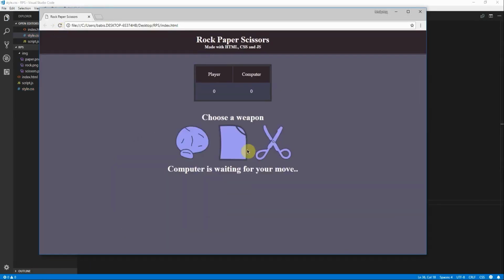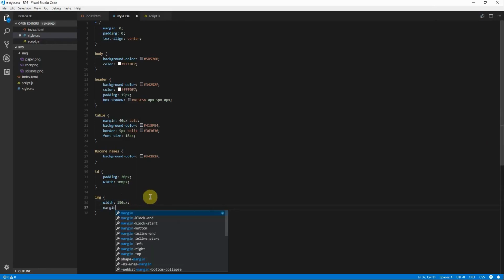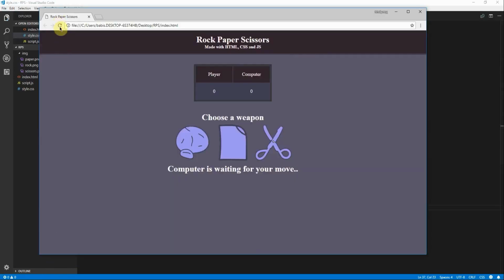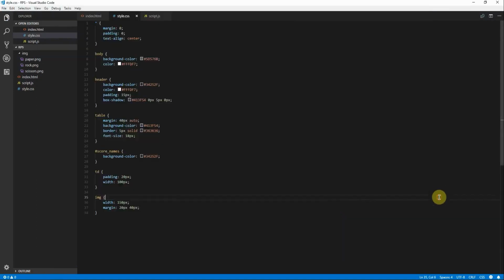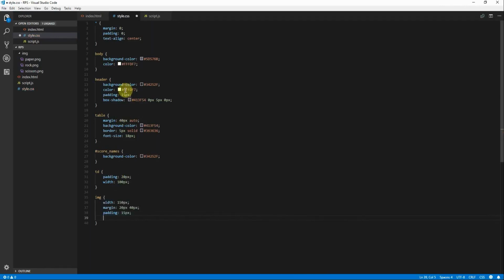Okay, that's great. Let's also change the padding a little bit on its image and the margin. Let's say 20 pixels on the x-axis and 40 pixels on the y-axis. Okay, let's also specify padding and the border. We'll do 50 pixels like we do in the header, and we're going to set a border of 5 pixel solid,